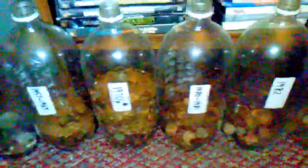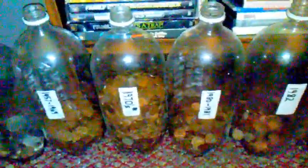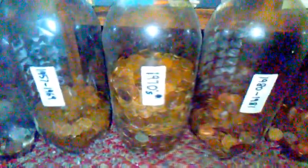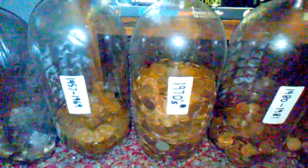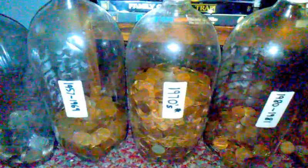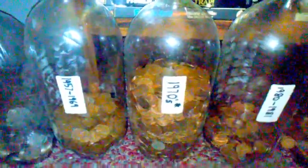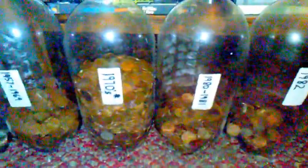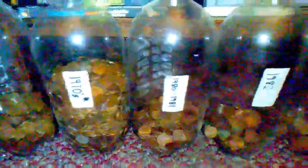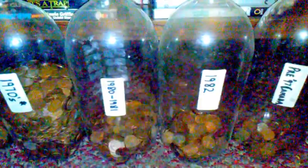But by the ratio of the different decades to each other. So you have the 1957 to 69. 1956 and older are wheat pennies. So 57 was the first year that the Lincoln Memorial pennies were minted. The 1970s is by far the most common decade to find them these days. 1980 to 1981, a very short span there. 1982,